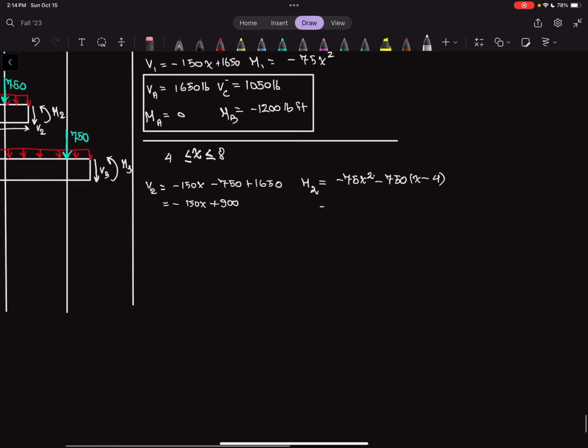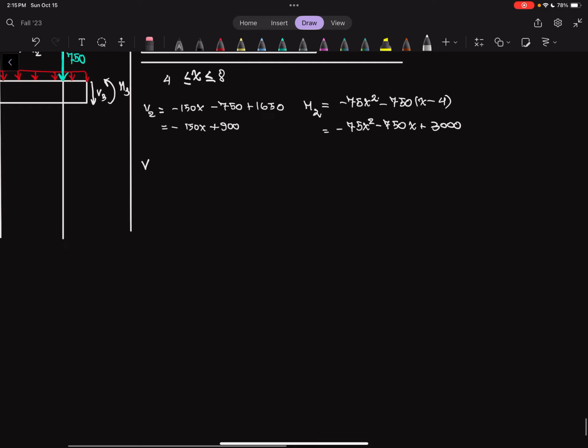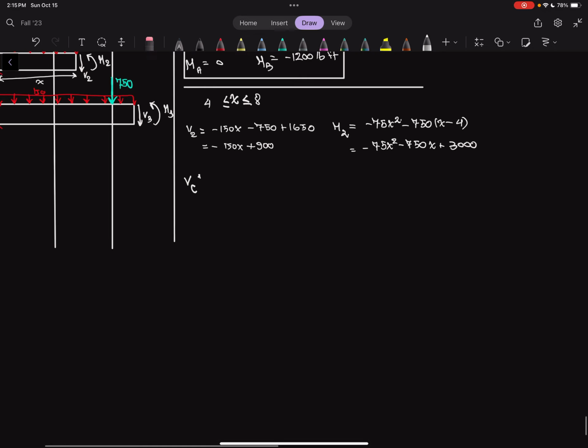So what can we say now? Well, we can simplify this a little bit by distributing 750x plus 750 times 4. I'm going to try and do it in my head. It's 2,800 and another 200, so that's 3,000. Yes, 3,000. Okay, so now we can say V at C from the right is going to be minus 150 times 4 plus 900, which is 300,